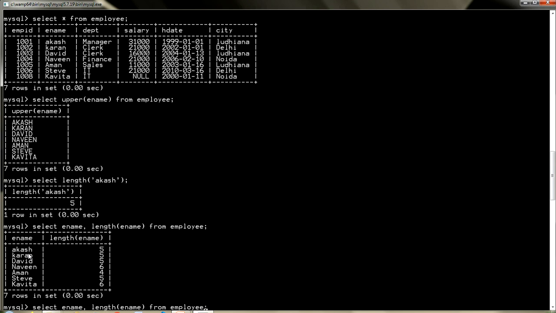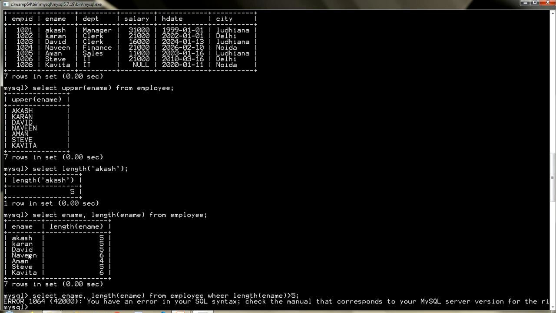Here you can apply the condition also. Suppose where length of e name is greater than 5, so it will only show you those names whose length is more than 5 characters.